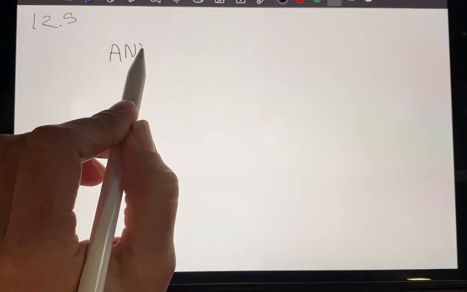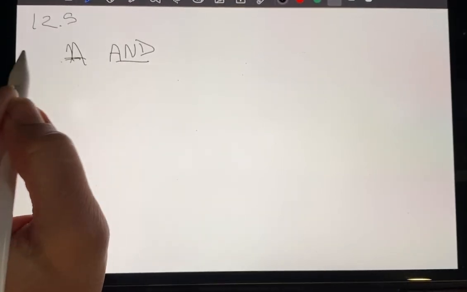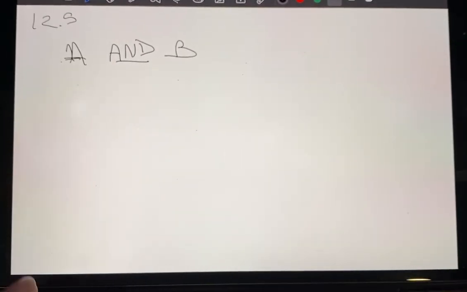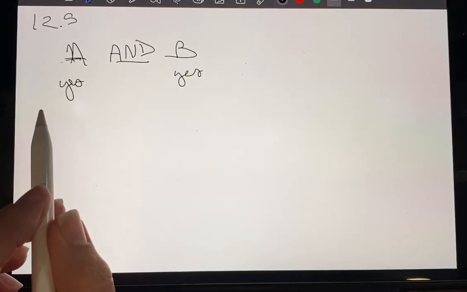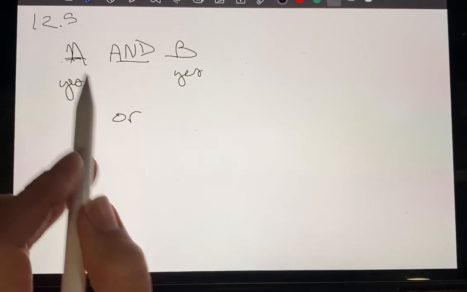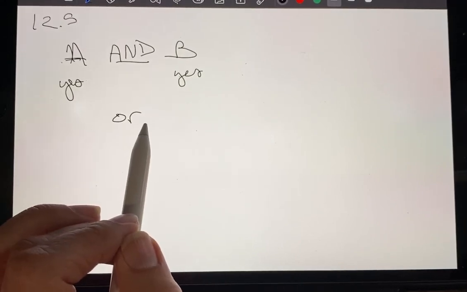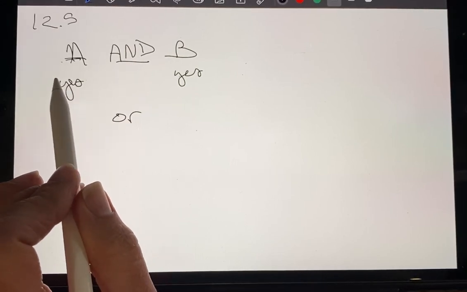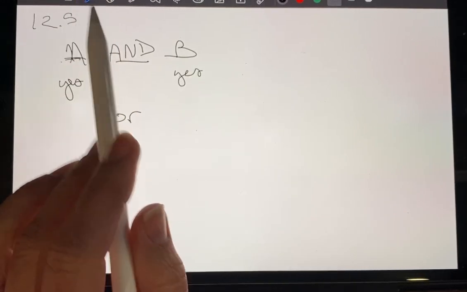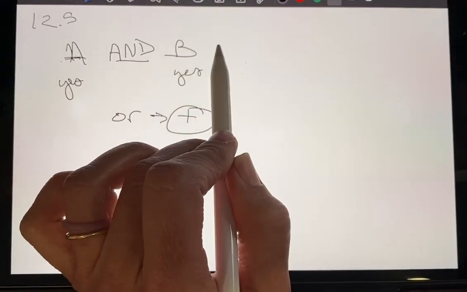So first, let's address independent events. So similar to as we dealt with mutually exclusive in 12.4, when we are using the word and, we have event number 1, we call it A. Event number 2, we'll call it B. And we want both of them to happen. We want to be able to say yes to both of them. That's different than when we're saying or. For or, it was either A or B. It didn't matter which one. Now, we are requiring that we have a yes to both A and B,